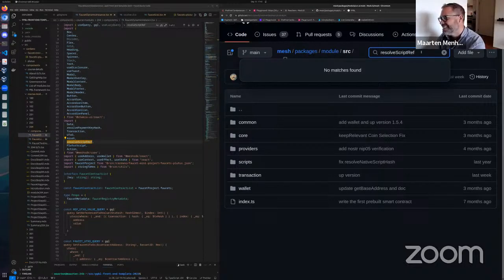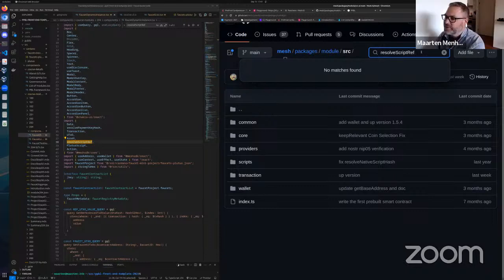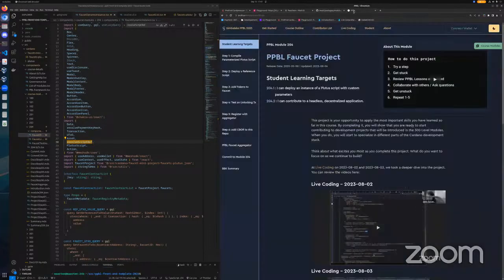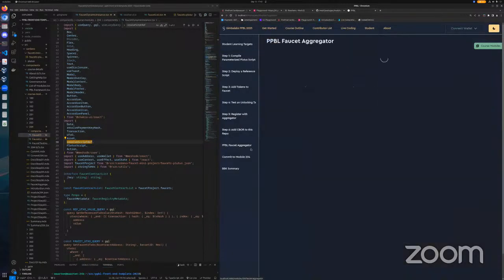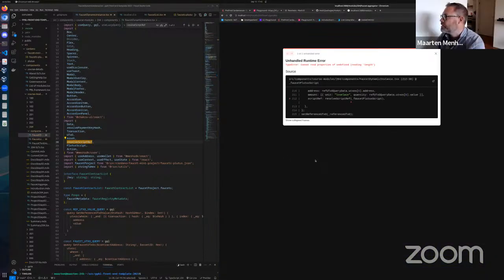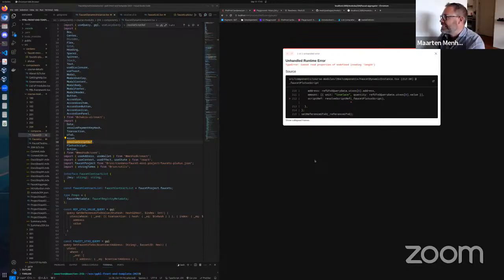It's not in the docs. Siri thinks I'm talking to her. I got to remember why we used resolve script ref in the first place in this file when it appears to be deprecated. It looked like it took longer to fail that time. Yeah, maybe the one you got rid of was a good idea.